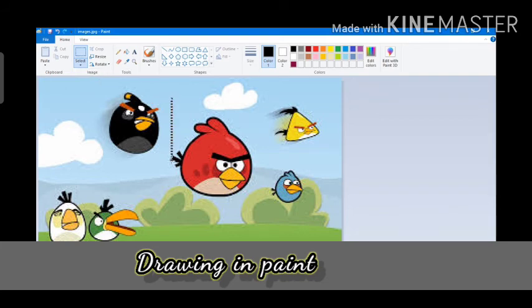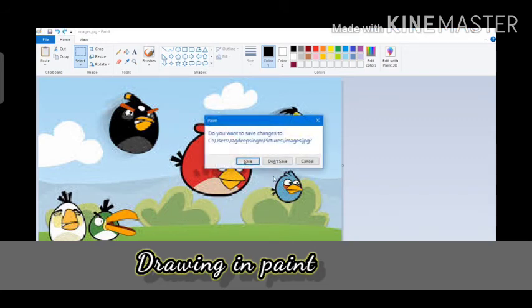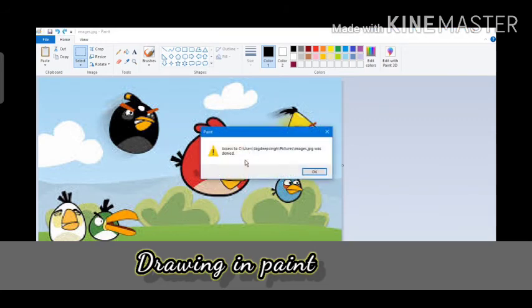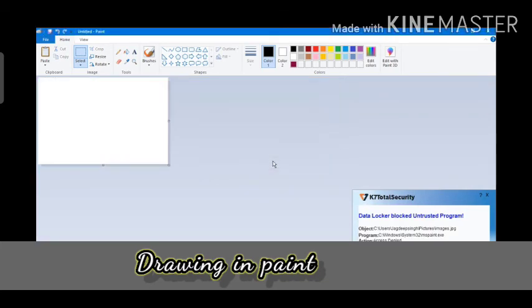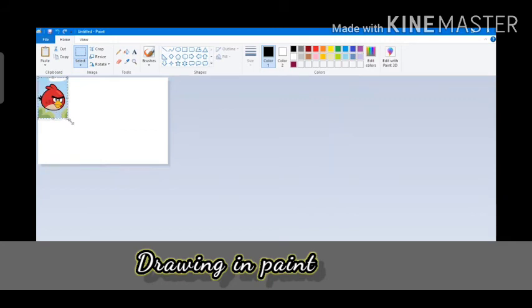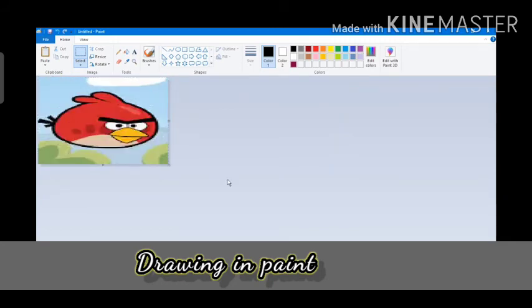So rectangular selection, and I will be selecting this red colored Angry Bird, and I will be pasting it. First of all, you have to save it, and then you can paste it over here. So you can use any image from other image also by using the select tool, and then you can zoom in.